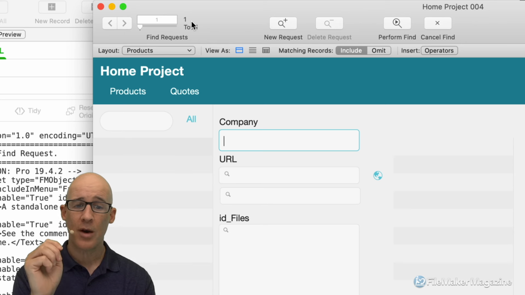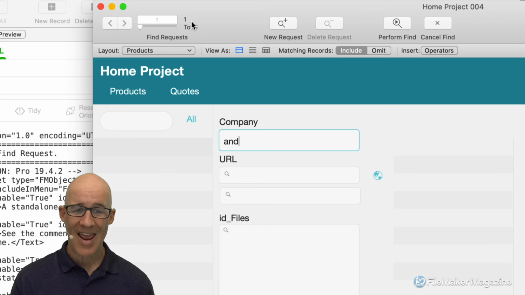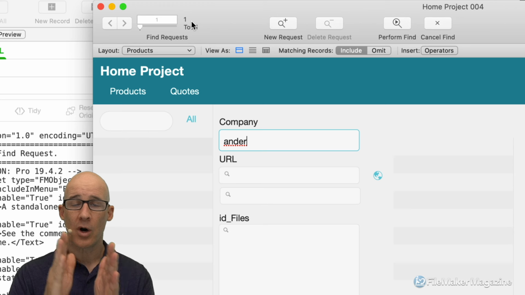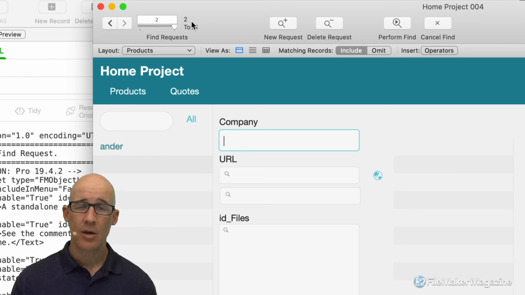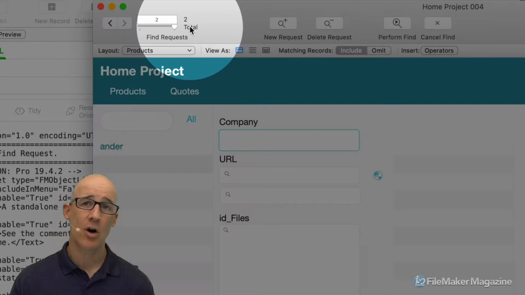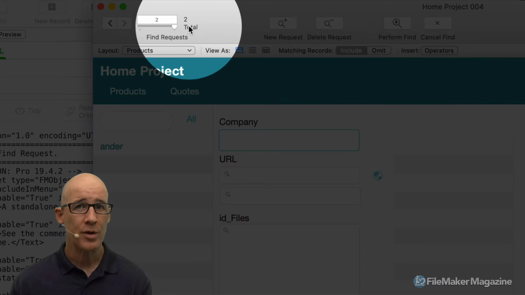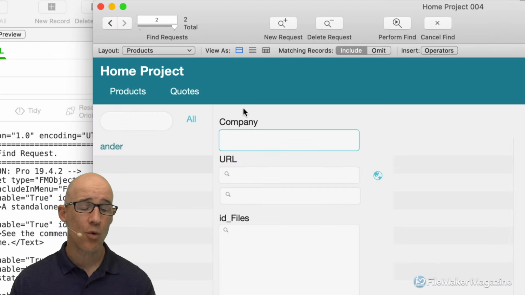So if I wanted to find Anderson or Digger, then what I would do is I would add a new request. Now, in find mode, if I do a Command or a Control N, you can see that my request count has gone from 1 to 2. I stayed within the company field and I put in dig. Now, what this is saying is in this query by form,